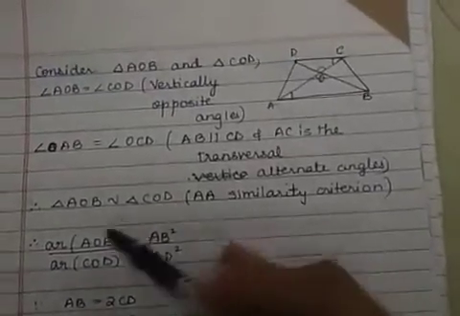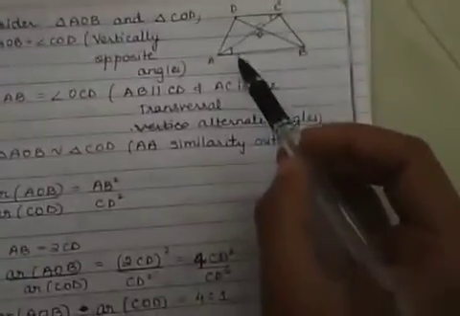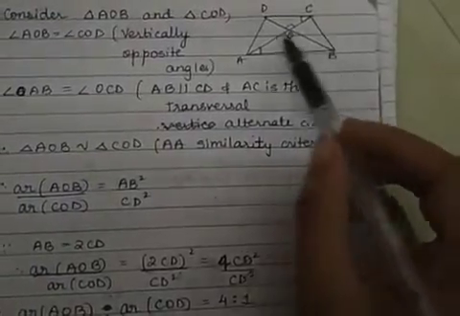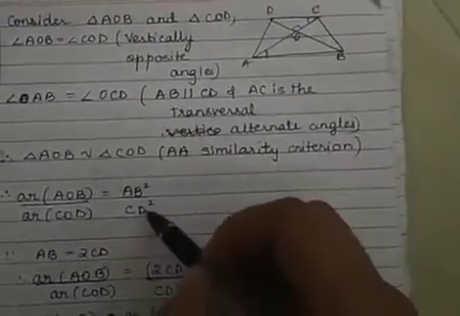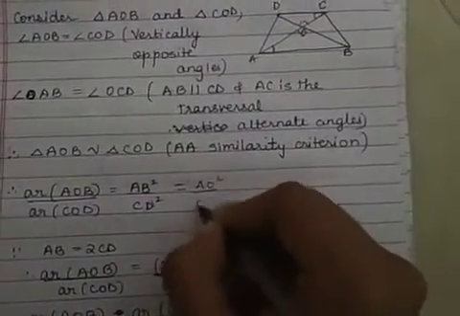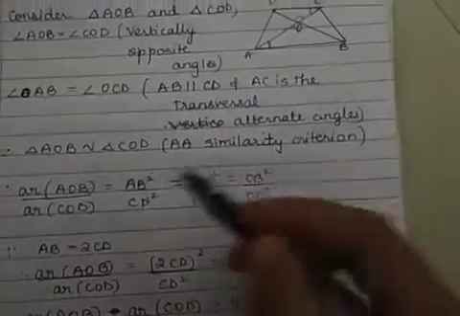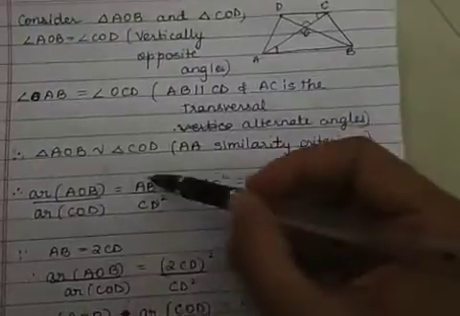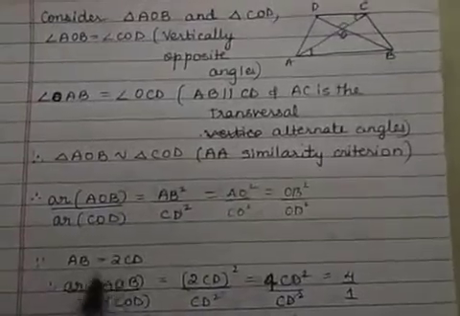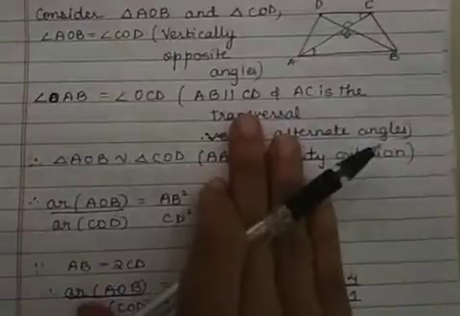Okay. So now let us find the ratio of the areas. By the theorem, area of AOB upon COD is equal to AB square upon CD square, correct? Also it is equal to AO square upon CO square and OB square upon OD square. All these, but we take only this one, because we are given that AB is equal to 2 times CD. So since we are given that, we will only consider this one.